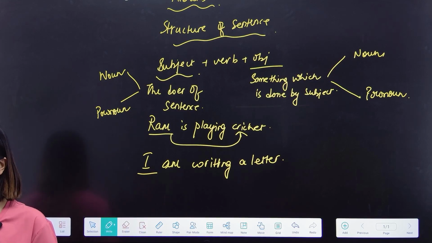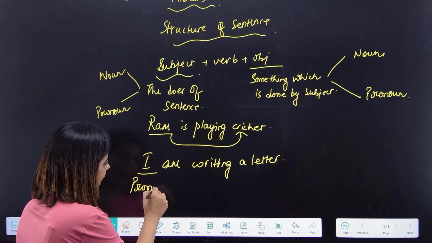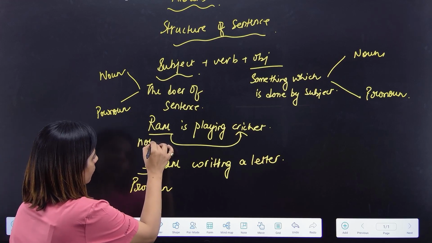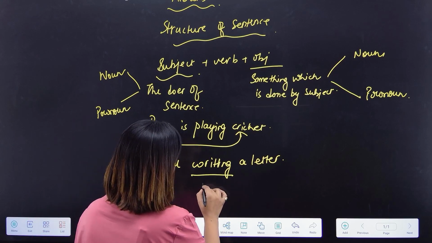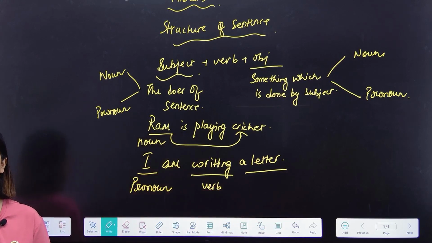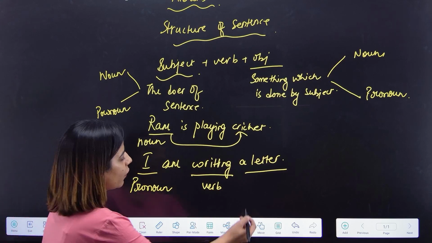No, it is a pronoun. So I said your subject will either be a noun or a pronoun, but nothing else. And what is the verb in this? Verb is writing. And what is the subject supposed to do? The subject is supposed to write a letter. So letter will be your